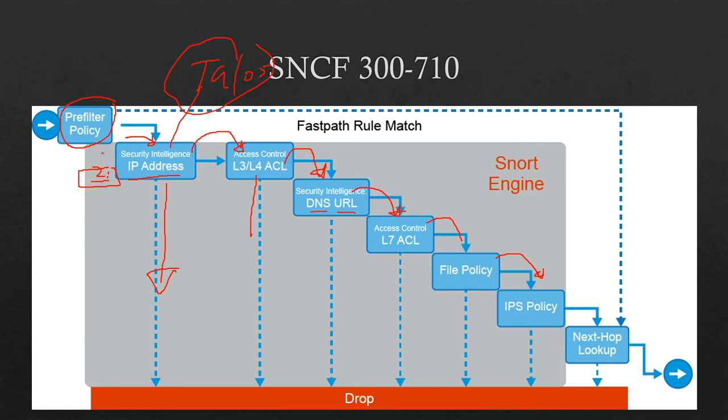Or another scenario could be the voice, the telephone voice. Why should I send the voice traffic for inspection? It will make a problem in my infrastructure actually. So this is a bad idea. The voice should be in the fast path. No, don't check it for me. Send it straight away. Let's go. So this is the fast path, where the rule matches, or where the pre-filter is, and security intelligence. Now,